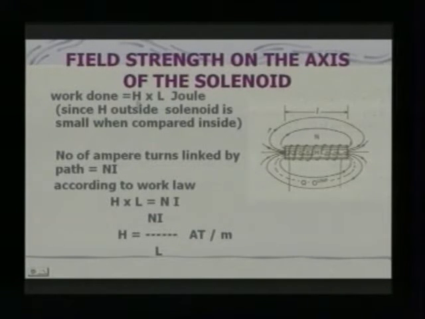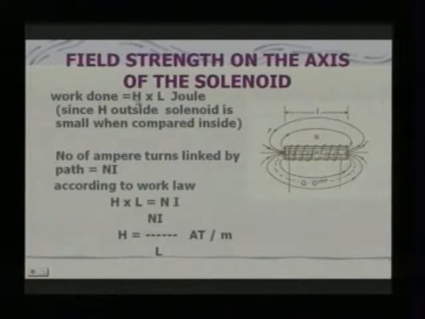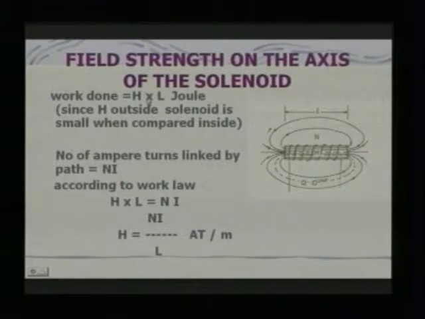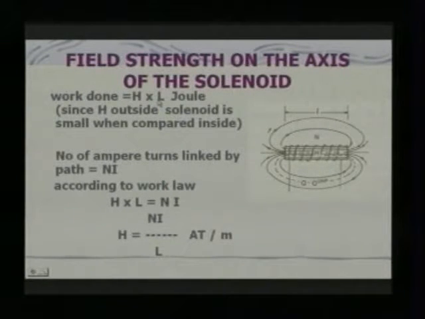Here the force is nothing but the force experienced by the unit north pole, which is indicated by the field strength, that is H, multiplied with the total effective distance, that is here only L meters,